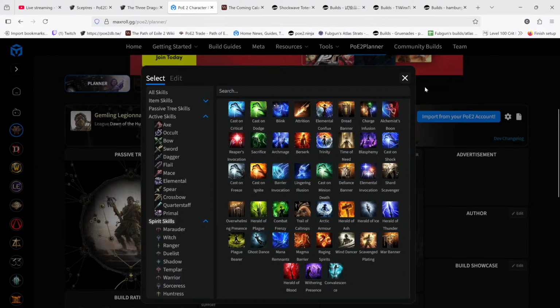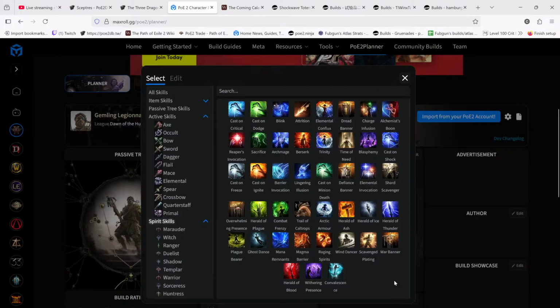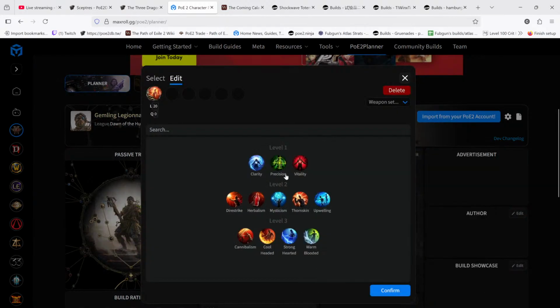You get the heralds for free, right? You don't even reserve anything for those. The time of need. And yeah, that's pretty much it, right? That's all that really matters. There's not much else you could run. I mean, they might add some new stuff. They might be worth running, honestly. I guess you could go like a banner if you really wanted to. Yeah, or maybe you just stack like